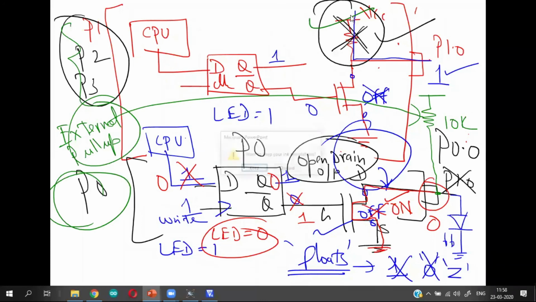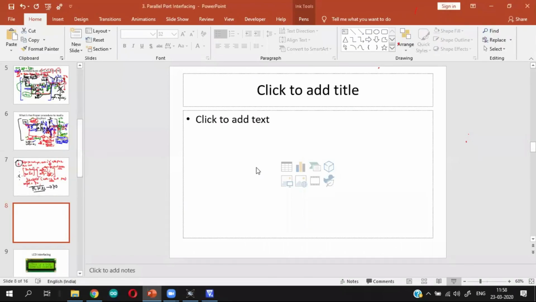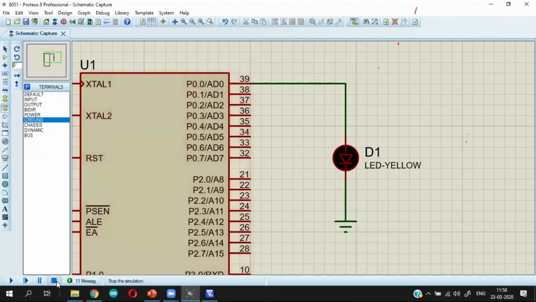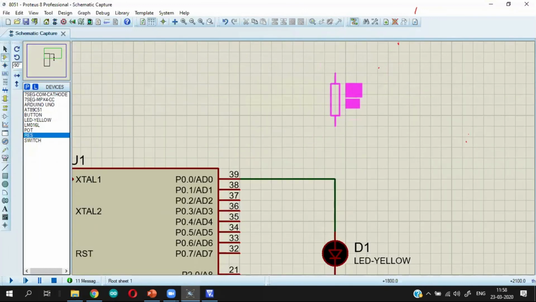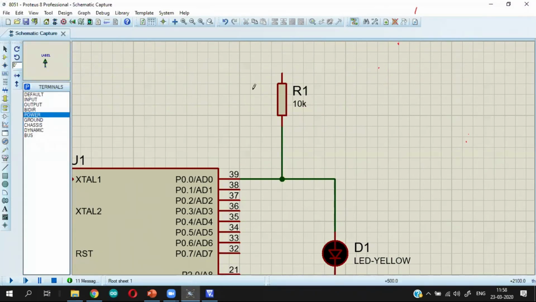So now let us see how we connect the pull-up resistor here. So I take a resistor, one end of the resistor I connect to the pin, the other end of the resistor I connect to the power supply.